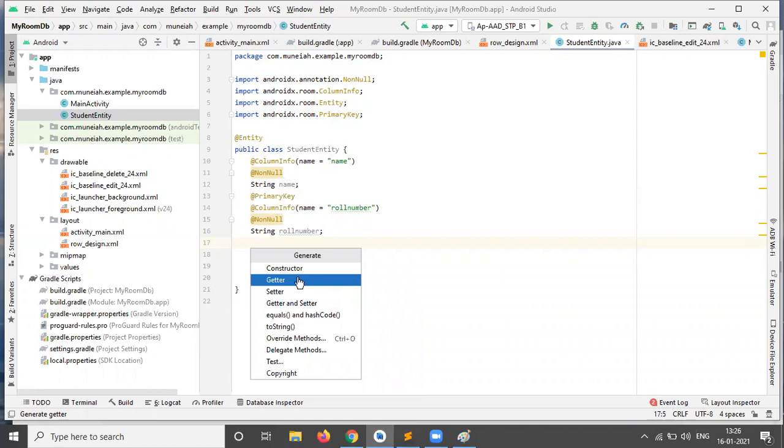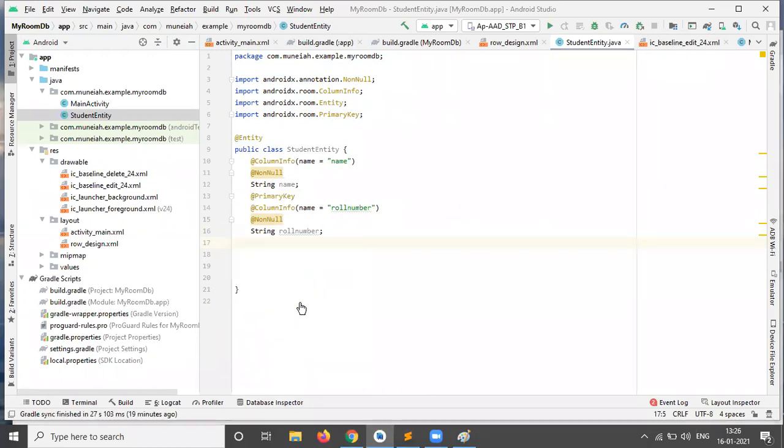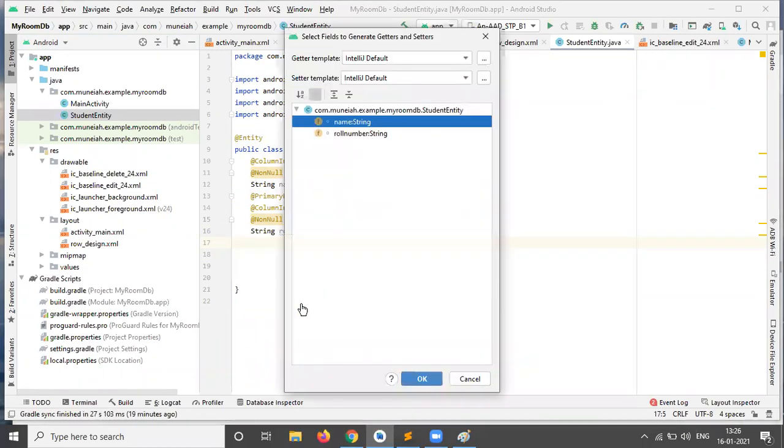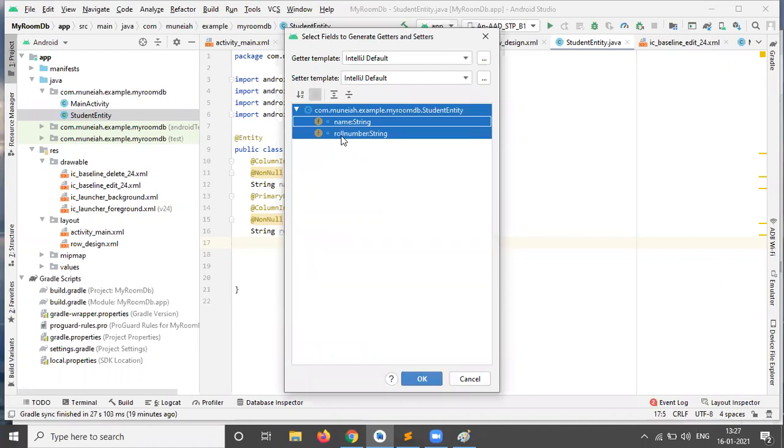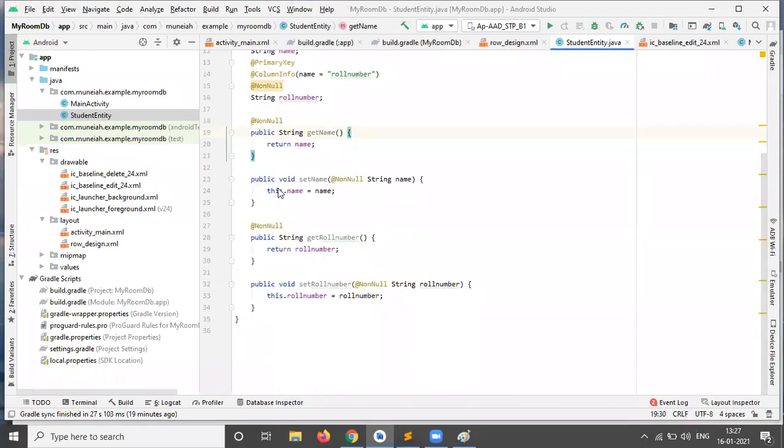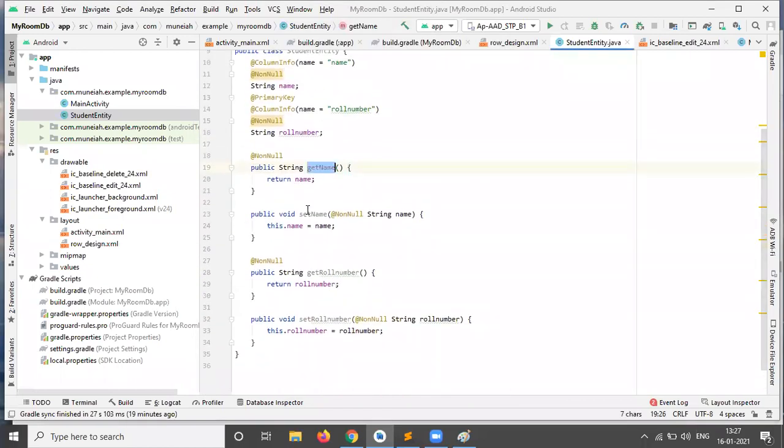Go for the getters and setters. Press Control A, which means select all. It will import the get name, set name, get roll number, set roll number.